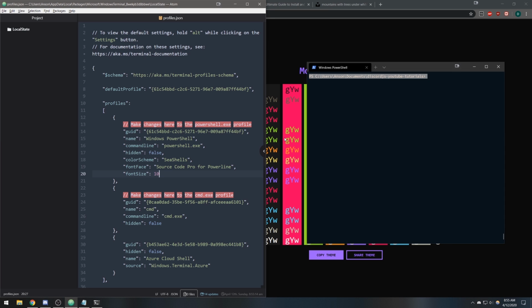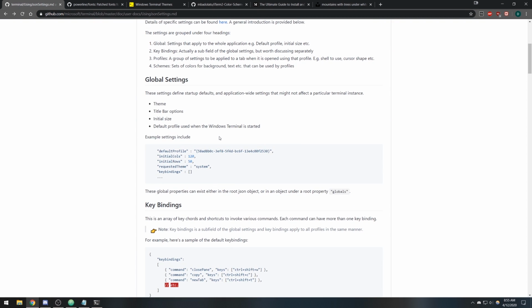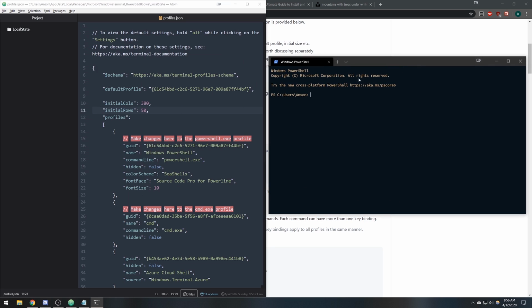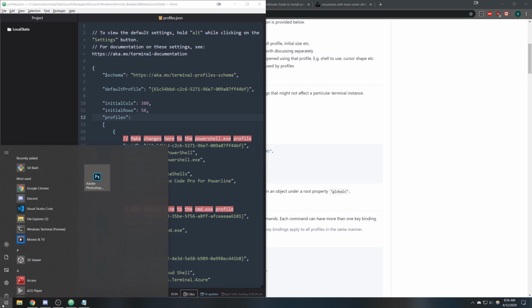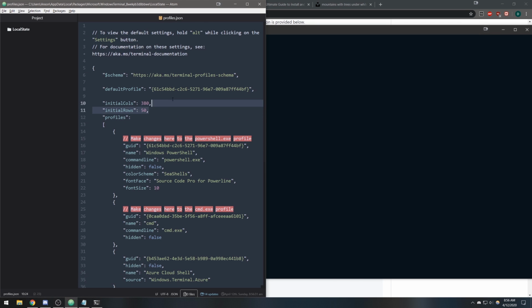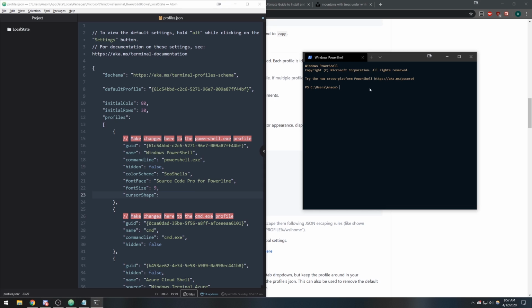And there are a bunch of other properties that we can pass in too. I'm going to leave a link to this page. It pretty much tells you a bunch of different properties that you can pass in. So we can pass in the initial columns and rows. Okay, let's just make sure that there's no errors. Okay, so let's open it up again. And there you go, just like that. Cool. And yeah, we can also change the cursor shape too. And the cursor shape we can do, I guess, underscore. So let's do underscore. And that changes to an underscore,